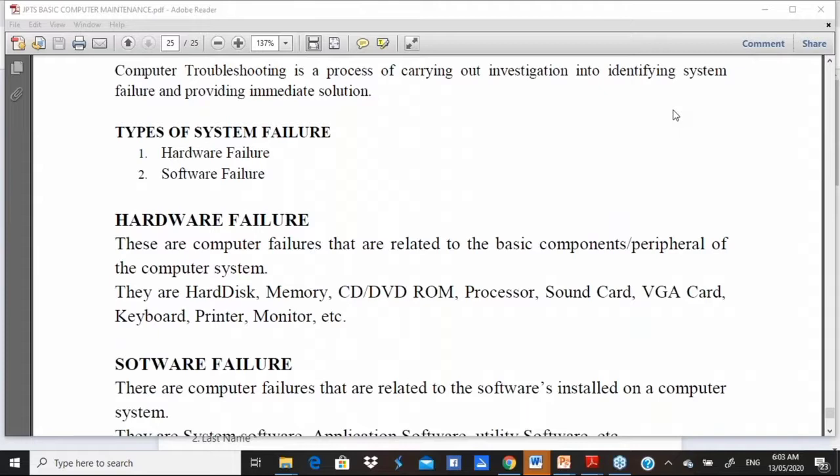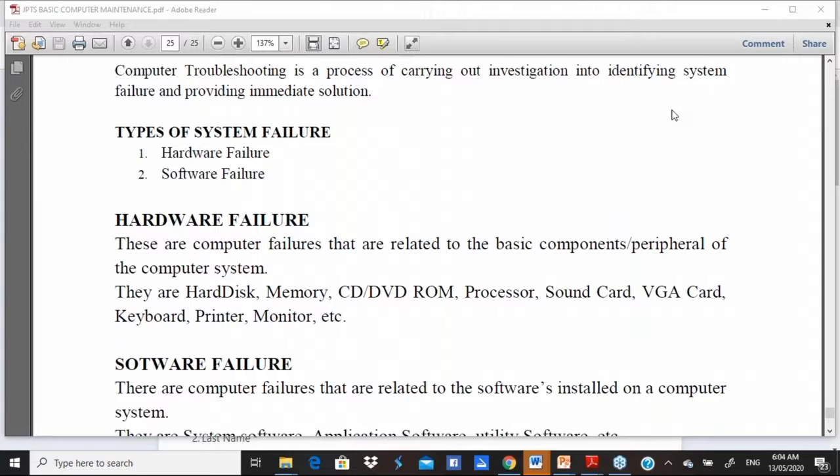Hardware failure. These are computer failures that are related to the basic components or peripherals of the computer system. Examples of such components are hard disk, memory, CD or DVD-ROM, processor, sound card, VGA card, keyboard, printer, and the monitor. So when these physical components or peripherals of the computer break down or fail to respond,